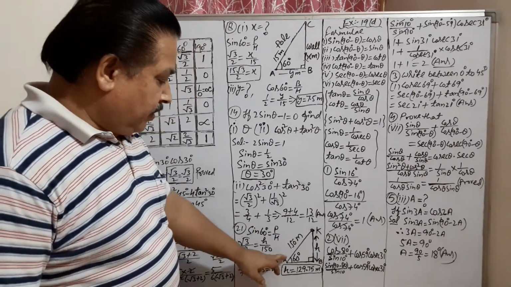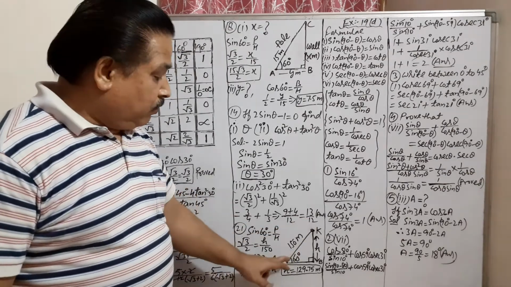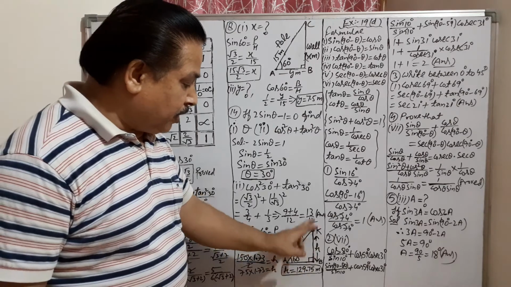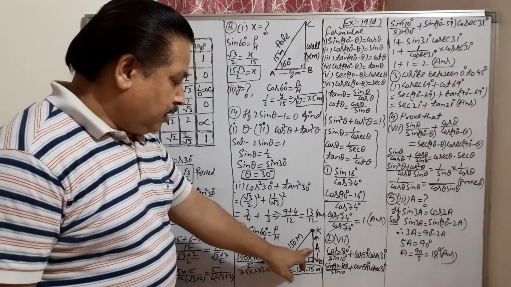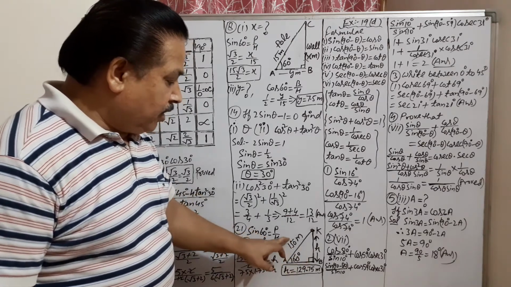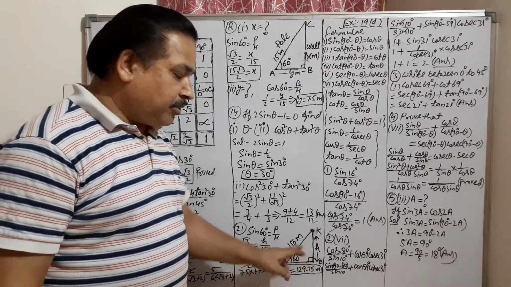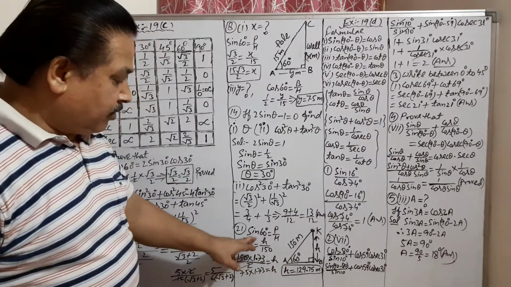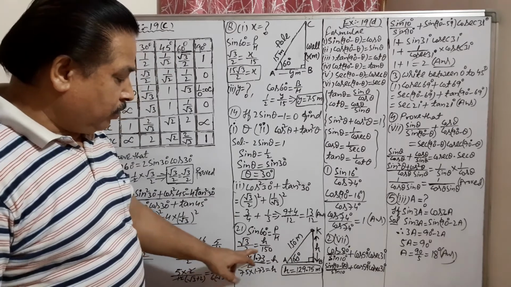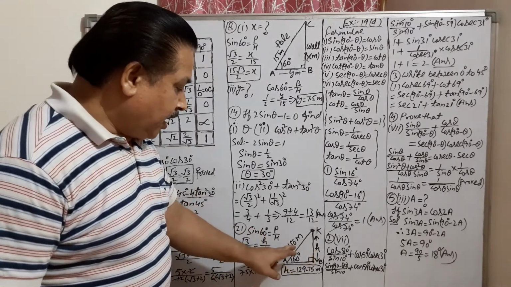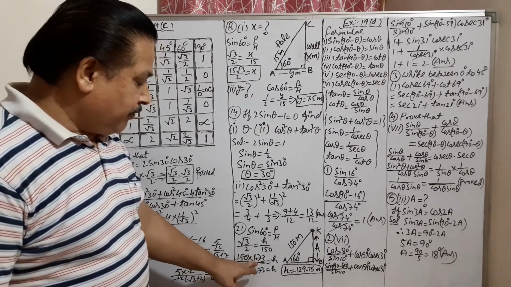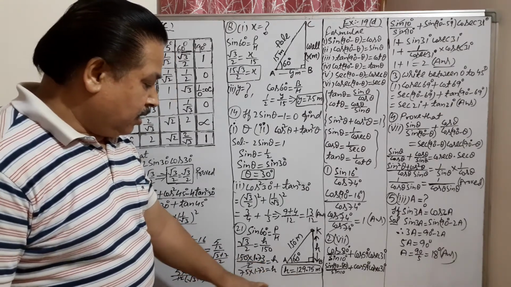In question 21 this is the string. The string length is 150 meter and this is the kite. Find the height of the kite from the ground. Now this is height h and this is string length 150. So this is the perpendicular, this is the hypotenuse. Again this comes in sine. So take sine 60, perpendicular upon hypotenuse. Sine 60 value is root 3 by 2. Perpendicular is h and hypotenuse is 150. Cross multiplication, so this is your answer. Root 3 value you can put as 1.73. So what is the answer?